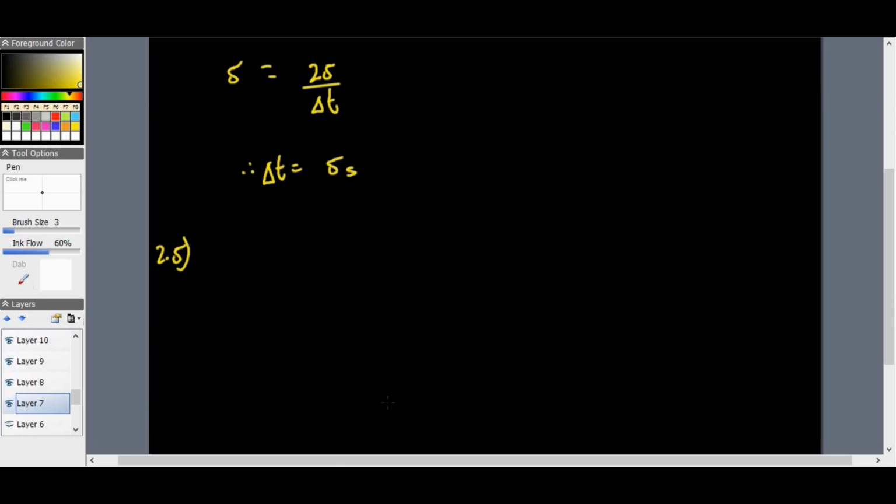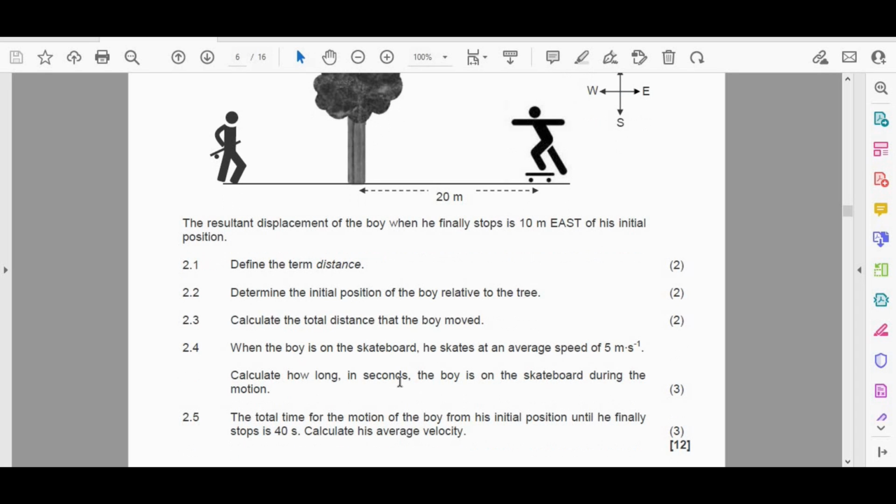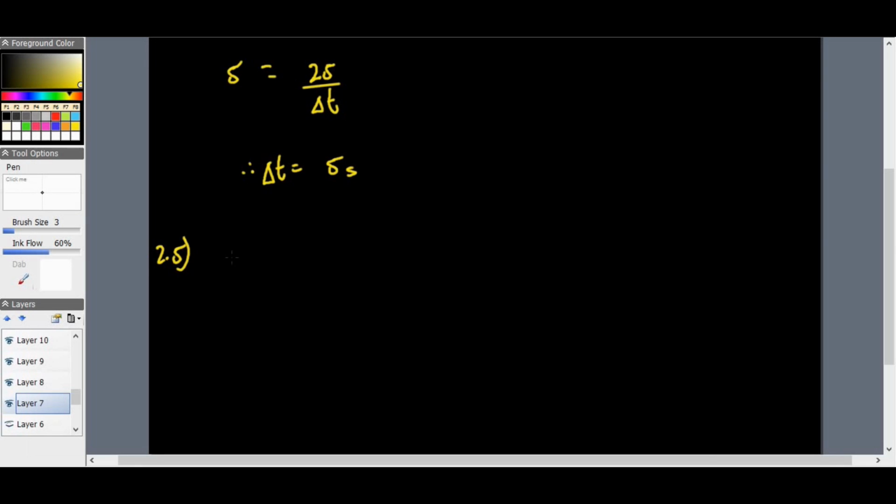2.5, the question was: the total time for the motion of the boy from his initial position until he finally stops is 40 seconds. Calculate his average velocity. Okay, well, his average velocity is the same formula, delta X over delta T. So we know that the resultant displacement was 10 meters,